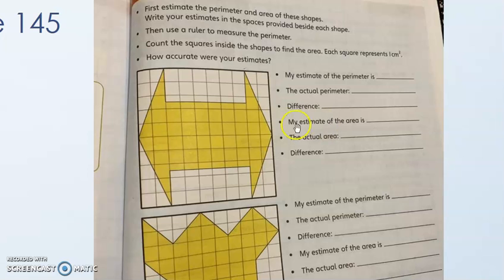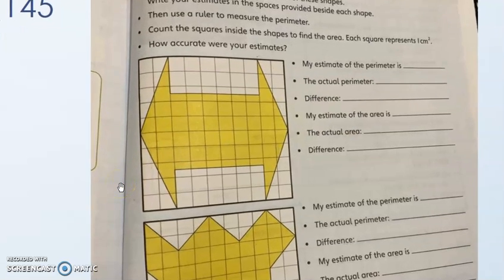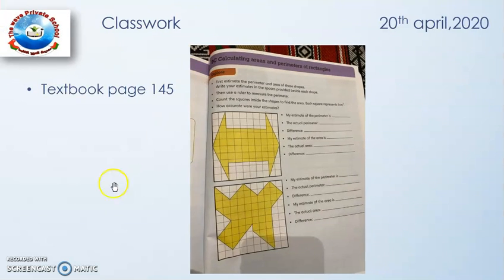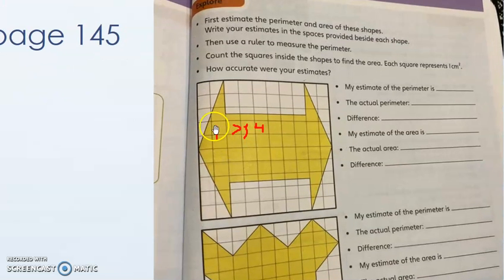Likewise for area. Here for area you need to find the area by counting the blocks. First of all you will start writing here like this. This one is the first box, 1 2 3, okay? You need to write all the countings here in the full boxes, 1 2 3 4 5 6 7 8 9 10 11. You need to write all the counting in the full boxes, and you can see that there are some boxes which are half, like this one and this one.